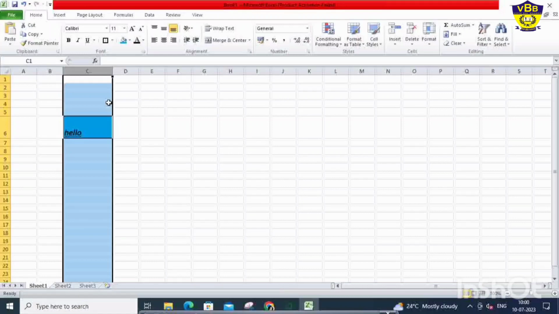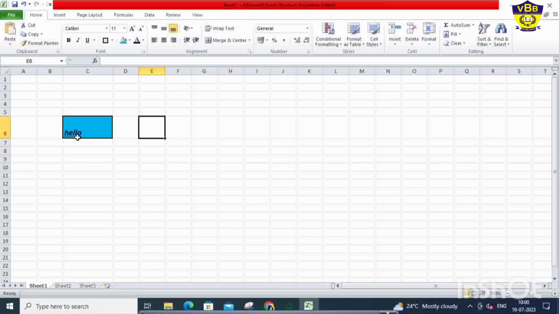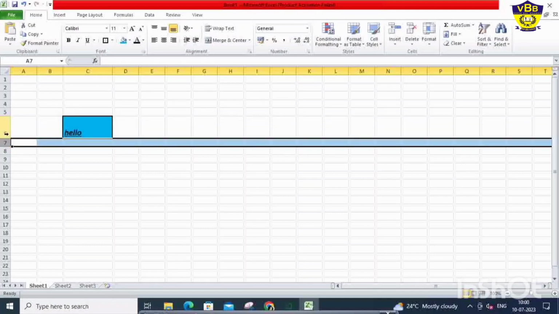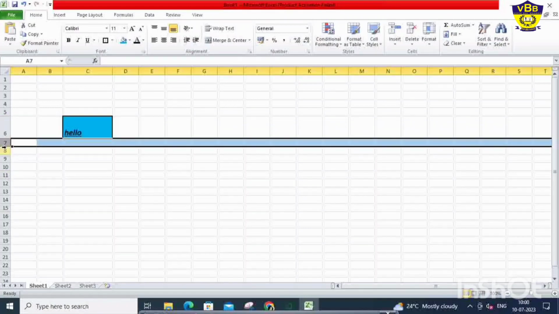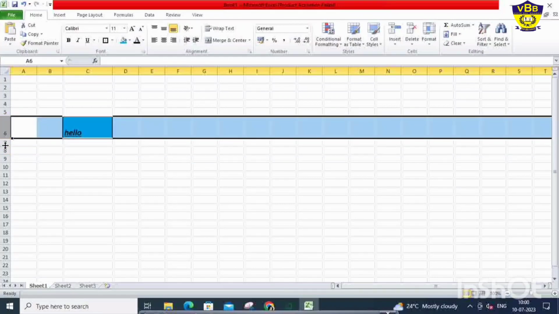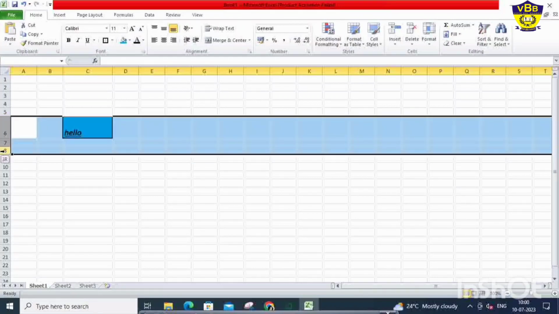Basically to select multiple adjacent rows or columns, keep the shift key pressed, right? So basically we need to press the shift key and you can select multiple adjacent rows. Adjacent rows like 6, 7, 8 which are neighbors to each other. So if I want to select this row and this row, I will press the shift key and multiple rows are going to be selected, right?